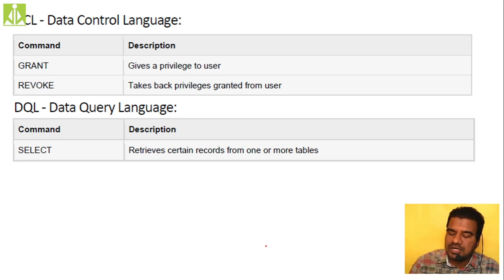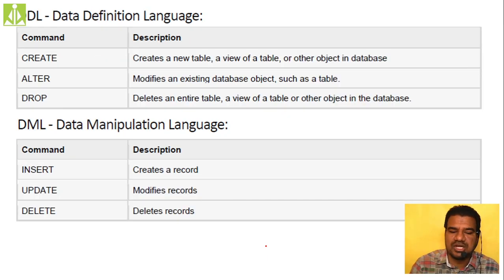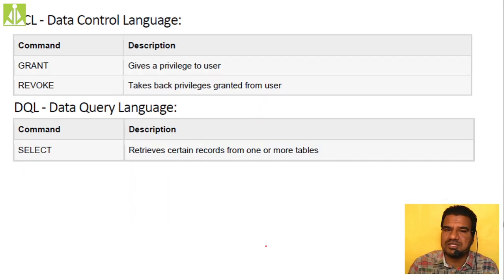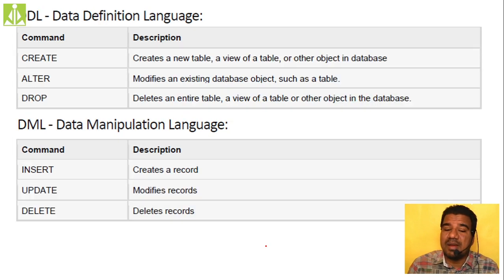Okay, so hope you understood the importance of data definition and data manipulation. Data definition has 3 commands, data manipulation 3 commands, data control 2 commands, and data query only one command. Remember it like that. Whatever commands we are going to have in SQL, all of them are dependent on these standard commands only.